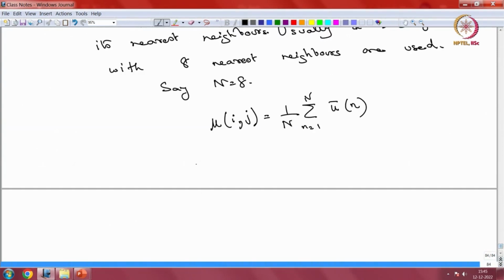And then you also define this quantity sigma square i,j as 1 by N, summation n equal to 1 to capital N, and then you have your u i,j minus